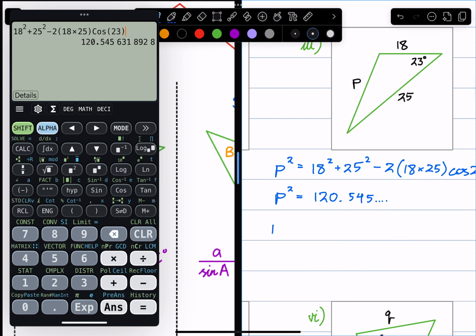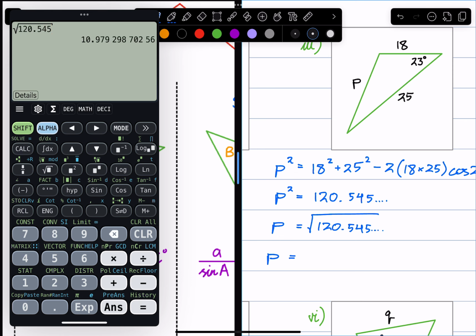To get p on its own, we take the square root of this value. In the calculator, that's simply taking the square root of the previous answer. Whoops, oh goodness, I need to type it in again. My apologies. Square root of